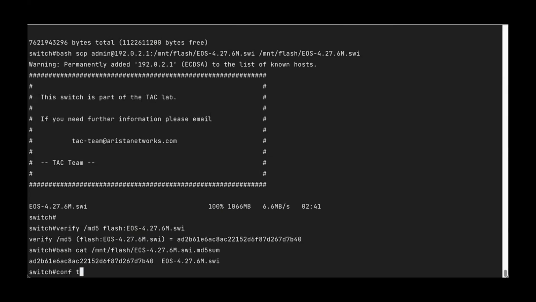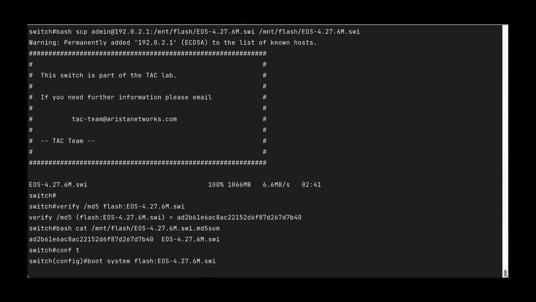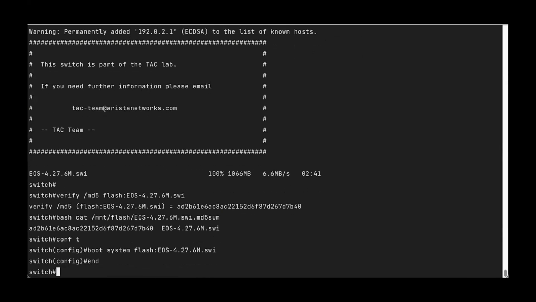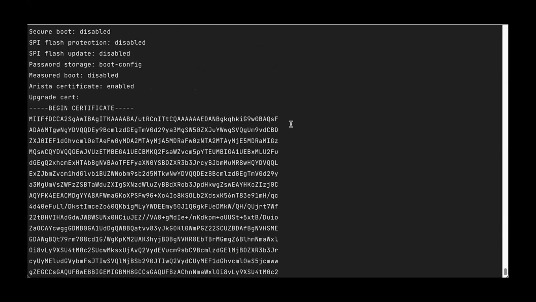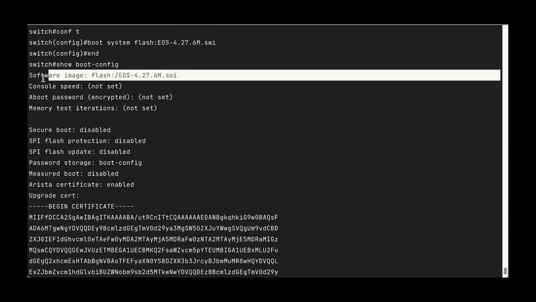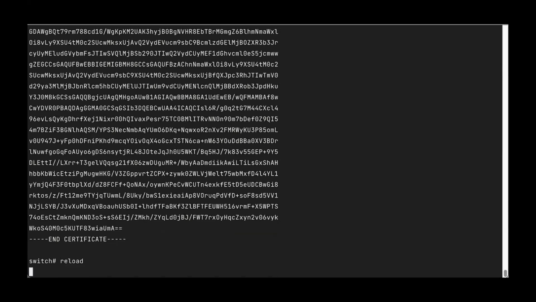So at this point, we're ready to set the boot statement. So boot system, and then the target image on flash. One thing I note here is because we are updating the boot config file, not just updating our running config, sometimes it takes 5 seconds to happen. If you see that, it's not breaking anything. It just takes a minute to open the file and modify it and save it. We'll run show boot config to make sure the boot config file is updated. The top line we see here, software image, does point to the new version of code. So that's great. Let's start the reload.